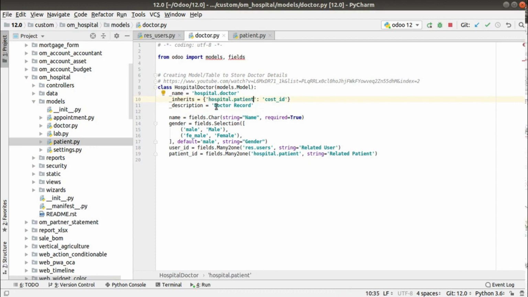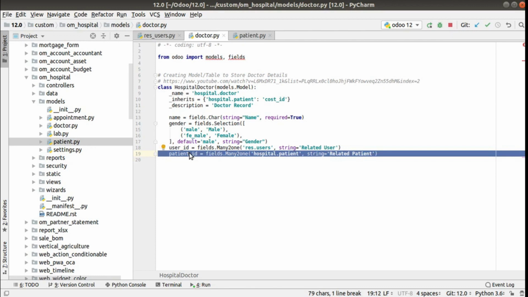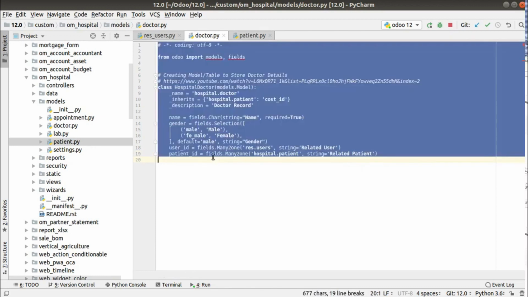So that's done. Now we have to set a field name. We have already added a field here. This is the field that I added yesterday for test purposes. So I have already defined a field. If this field is not there, we need to add it; just ignore this existing field here.